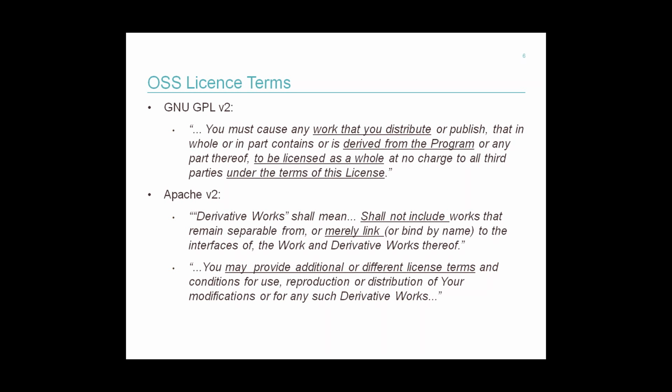In contrast to that is this Apache version 2 license, which is probably the second or third most used license around at the moment in the open source world. And this is one of these permissive licenses. So it has this definition of derivative works, where if you do use some of the open source code and derive a new work from it, there are certain provisions that apply. But it doesn't have this obligation to release it. You can release your source code with it.